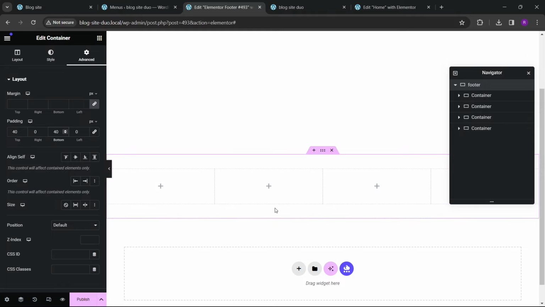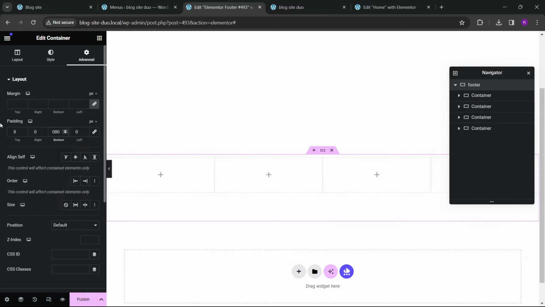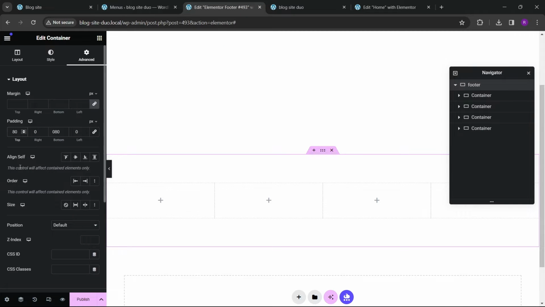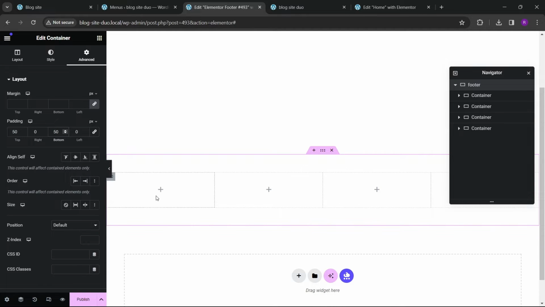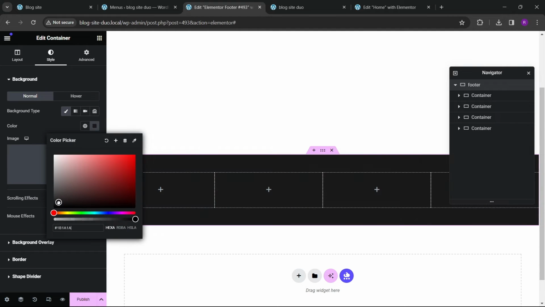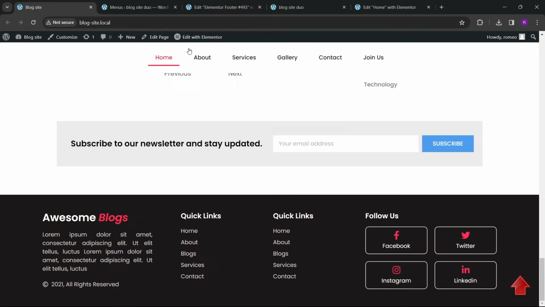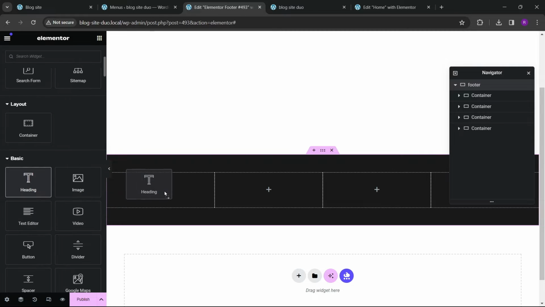40 and 40 like that, or let's add 80 and 80. Okay, so first seeing that you can see that this is not 80, let me add 50. Okay, so let's choose this, go to styles, and from here we're gonna choose black, but not the matte black. Okay, so now we have to add this, so let's go here, and we're gonna choose this, and we're gonna write it here,